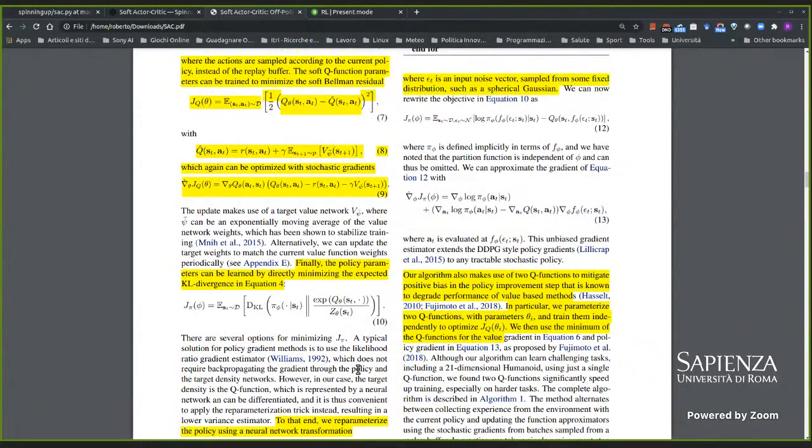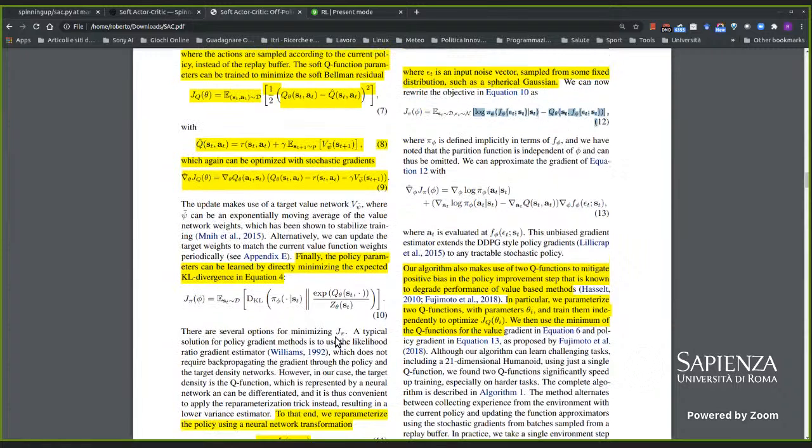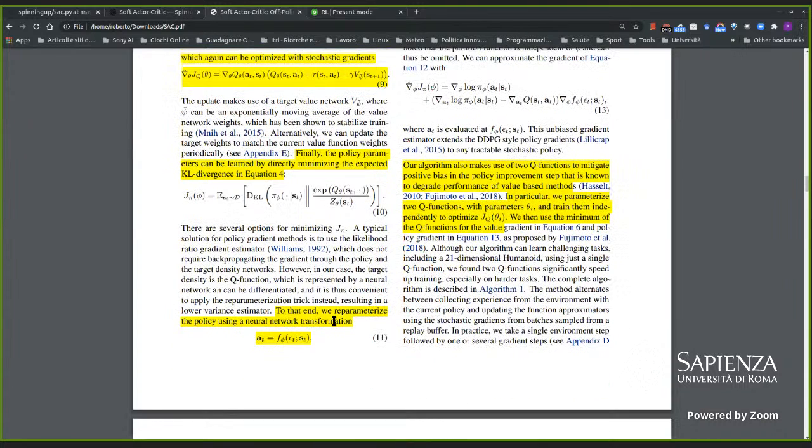In practice, the KL divergence formula is used as is. It's the following one, with the exception of the fact that to have the policy being projected into this Gaussian space, they